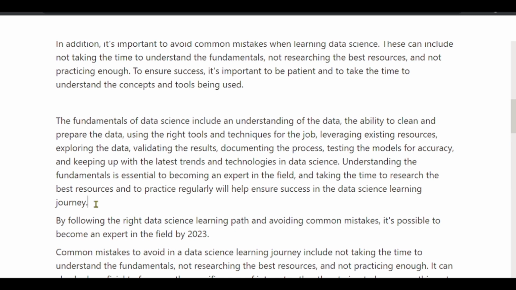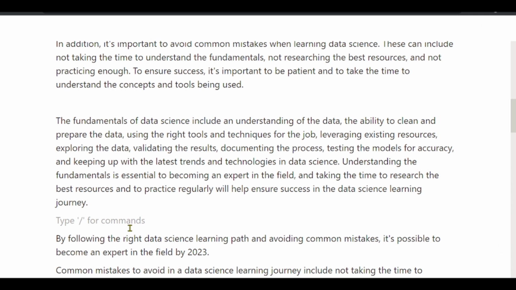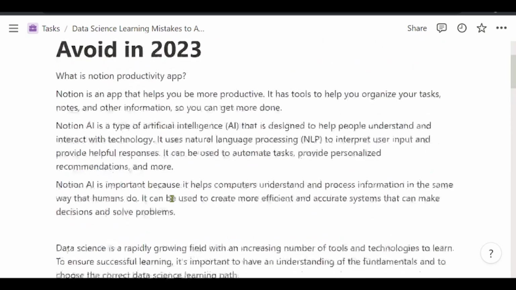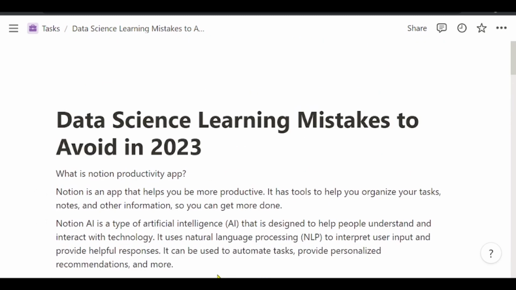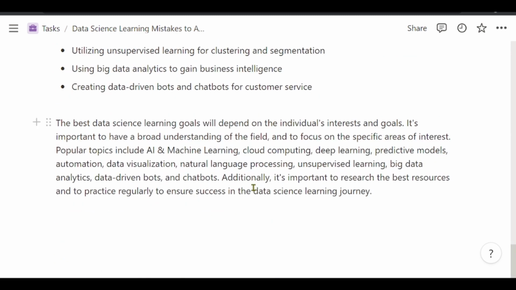Again, you note that when we use Notion AI to try and get insights, it generates almost similar answers for different questions within the same topic. So basically, that has been our tutorial today on the mistakes to avoid when you are learning data science.